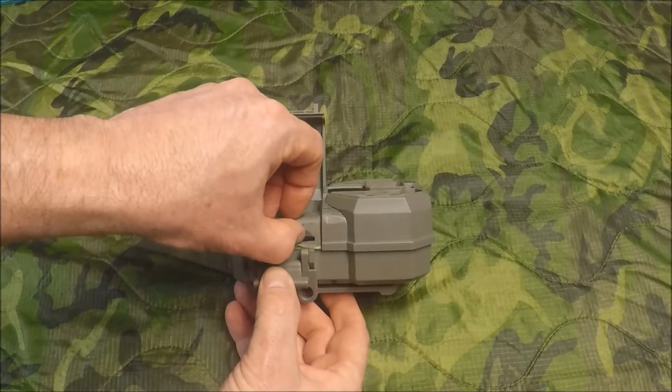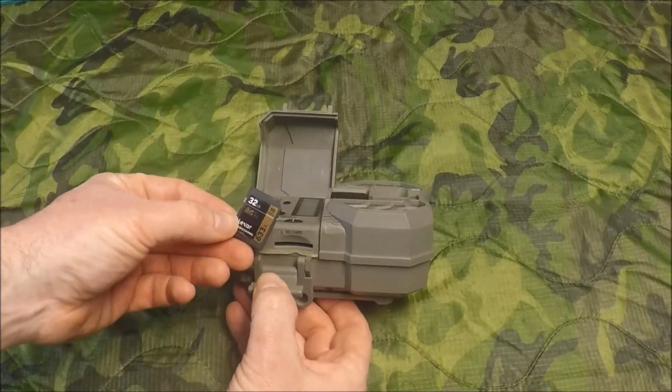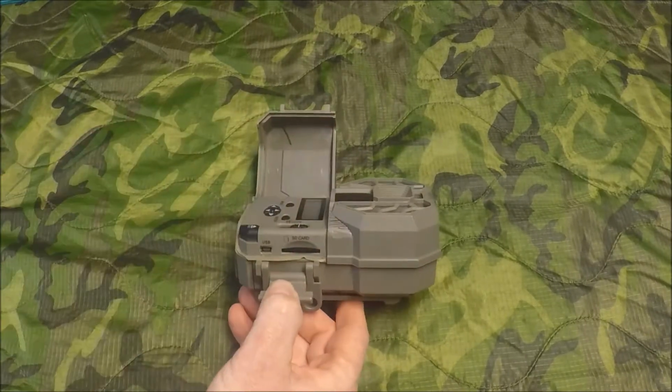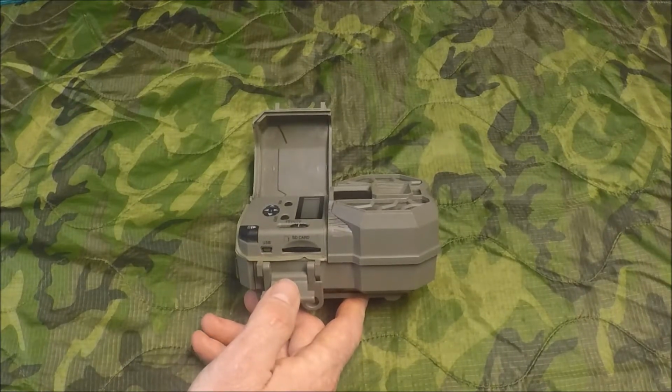The camera works off an SD card. This goes in the side here. It'll support up to a 32 gigabyte card. The camera comes with an 8 gigabyte card. I went with 32 because I had the option, but to be honest, even an 8 gigabyte card, if you're